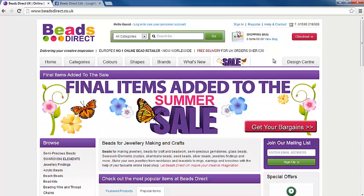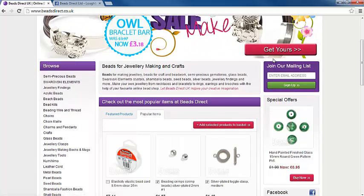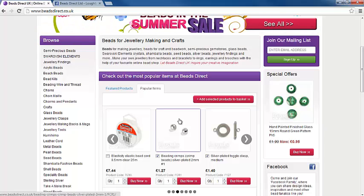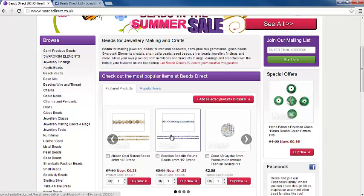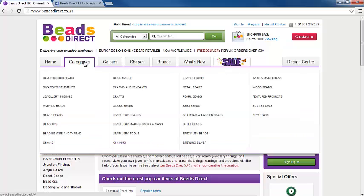Now, one of the things which we've seen further down the page is that quite the most popular items, if this section is to be believed, are those which are actually to do with creating the jewellery, whereas the featured products tend to be more around the beads. Now, what I don't have up here is a category or anything here which is taking me to non-bead items, be it kits, wire and thread, chains, clasps, etc. So I would be quite tempted to alter the structure up here and